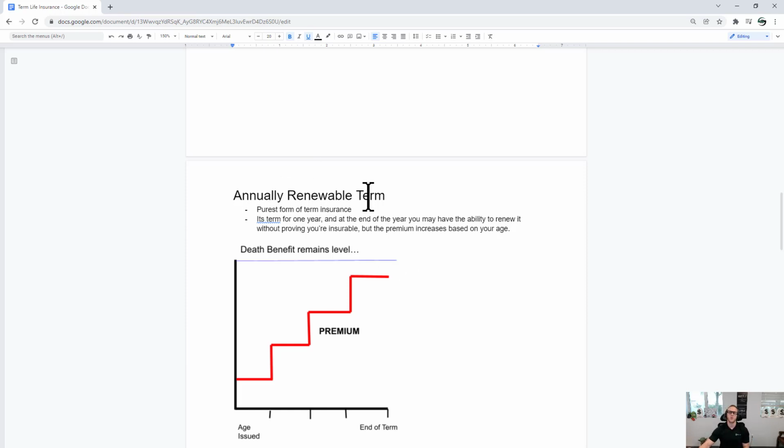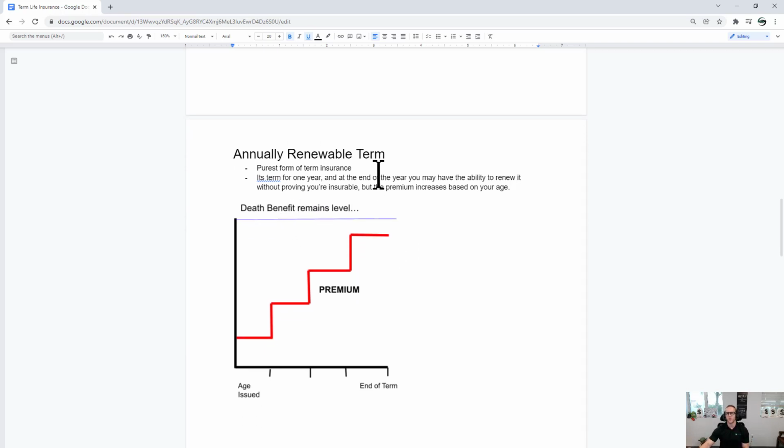Now, annually renewable term, this is the purest form of term insurance. Okay, this is just term insurance for one year. At the end of the year, you can renew it or not. You don't have to prove that you're insurable at the end of the year either. So if you get approved for an annually renewable term policy, say, okay, this year it's going to be this price, the next year it's going to be this price, the next year it's going to be this price